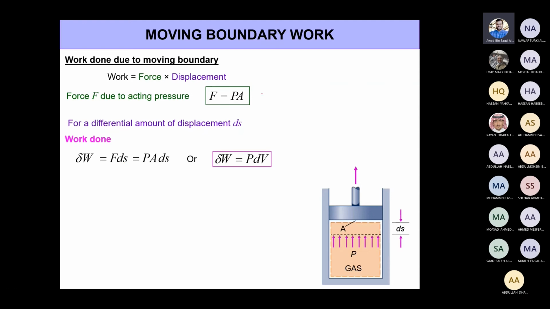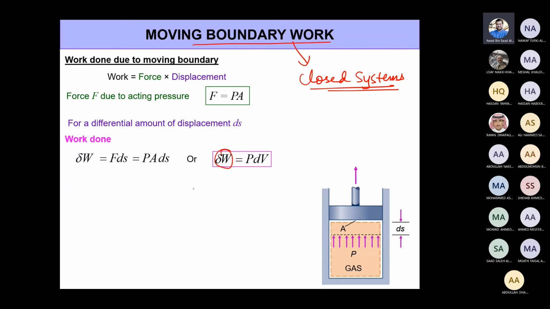Right, so we were talking about boundary work, and this applies essentially to closed systems, and we're just limiting ourselves to closed systems for now. We will move to open systems a bit later. Okay, so here essentially what we said is the small amount of work done would be simply equal to PdV,